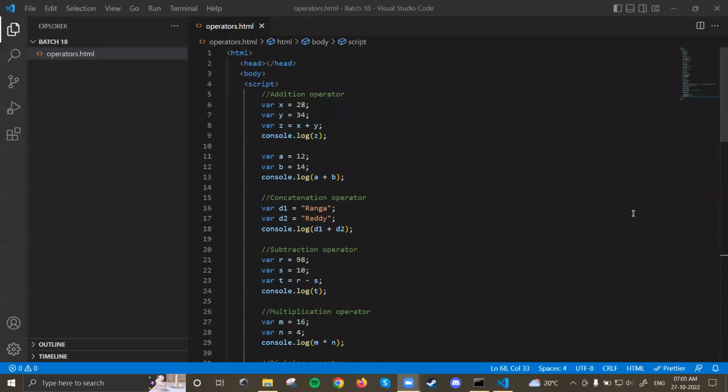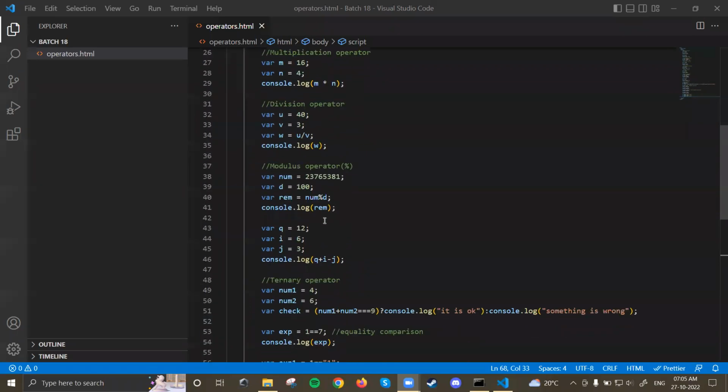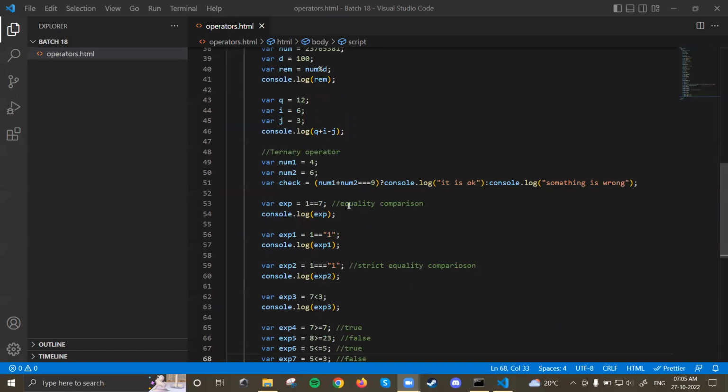So yesterday we saw the basic arithmetic operators, right? And then we saw the ternary operator. We saw equality comparison. We saw this normal equality comparison where only the value is checked, and also the strict equality comparison where